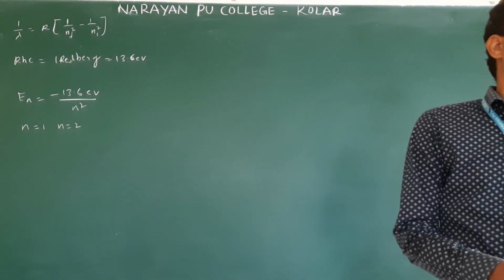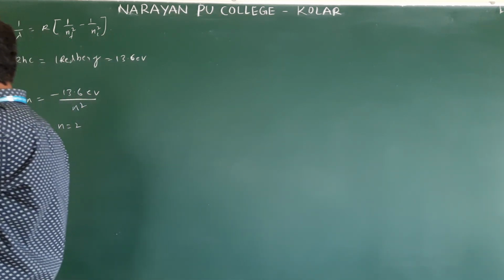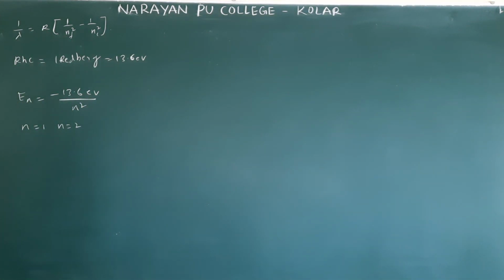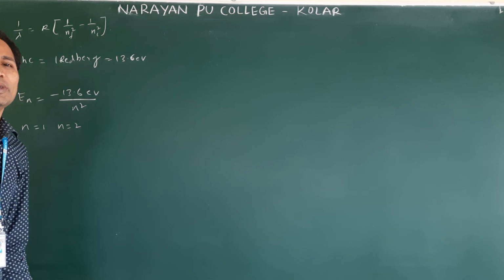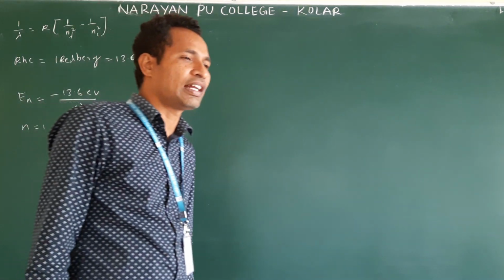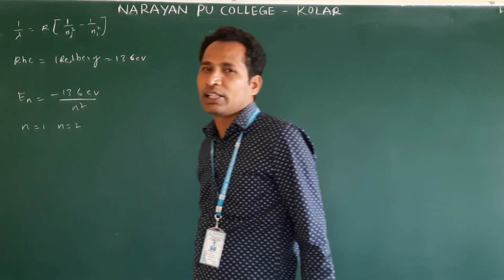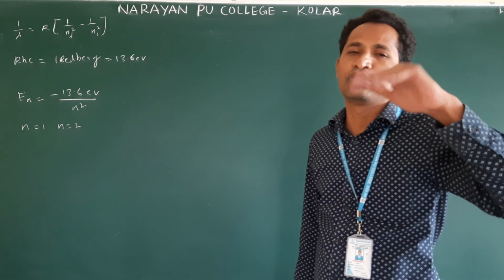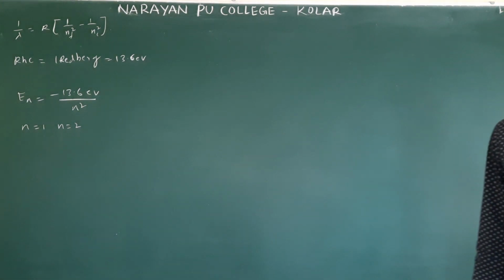Clear? The energy required to remove the electron from the innermost orbit is called the ionization energy. Innermost is what? If we substitute n is equal to 1, the energy is 13.6 eV. If you give 13.6 eV to that innermost electron, what happens? Energy is 0. Energy 0 means it is separated from the nucleus. So removing the electron from the atom is called ionization. Suppose you provide 10.2 eV, then what happens? It will be excited. It moves from the ground state to a higher energy state by absorbing the energy that we provided.